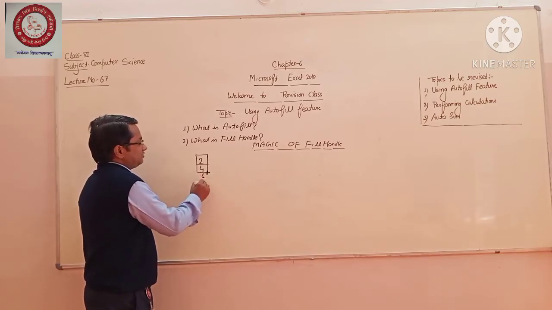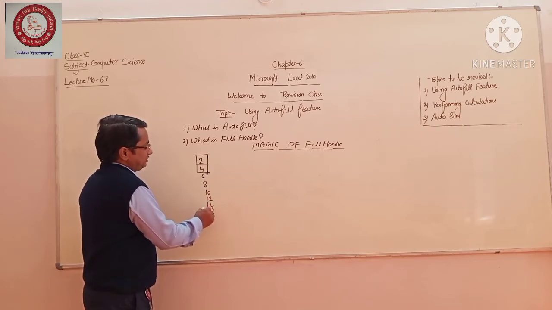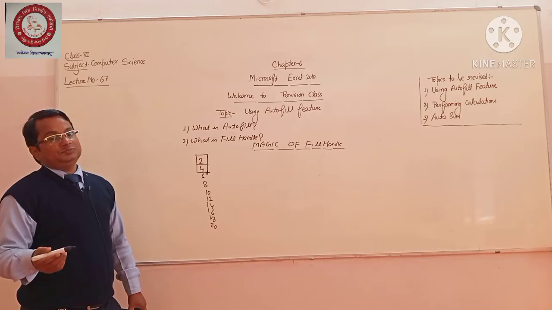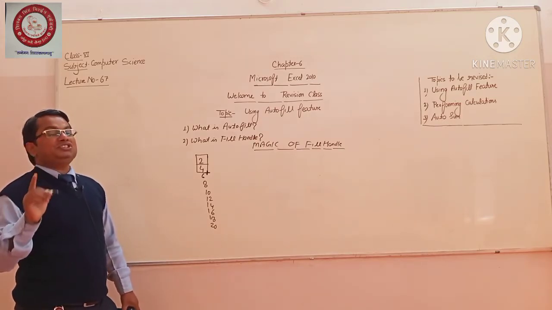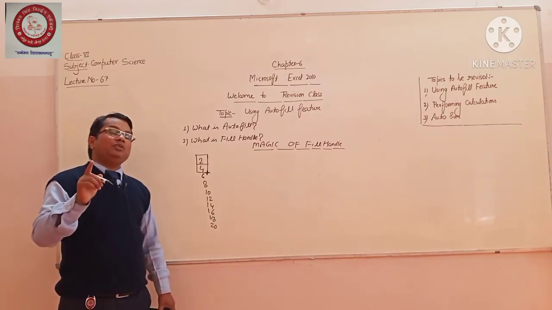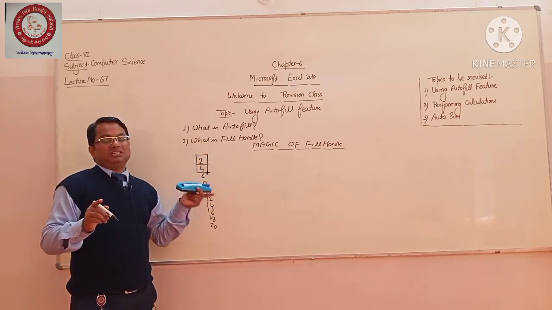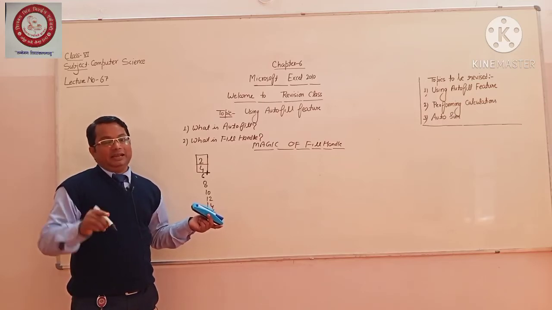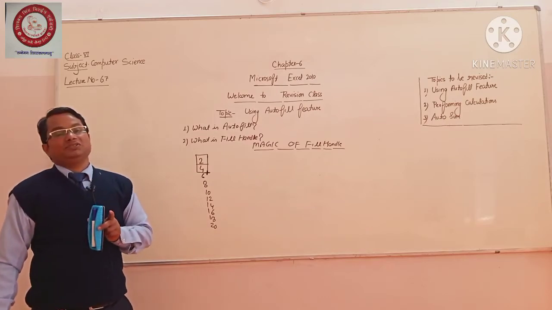You will have 6, 8, 10, 12, 14, 16, 18, 20. It means you will get the table of 2. The same is applicable for 3, 4, 5, whatever. But please ensure that you need to fill only 2 cells. Suppose you want the table of 3, then you write 3 and 6 in different cells and then drag. And please ensure that the cells are in continuous form.